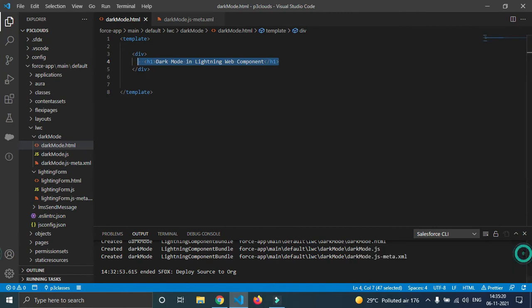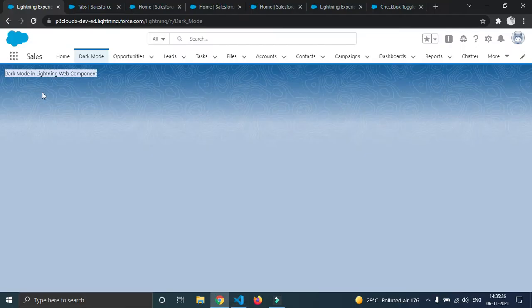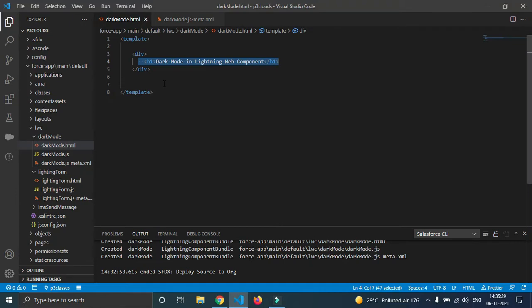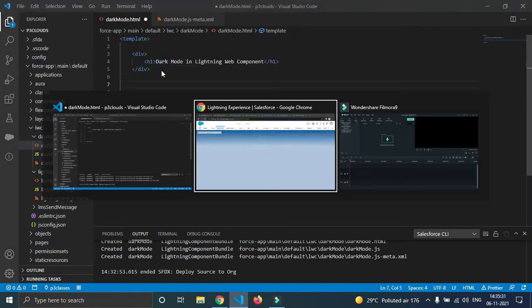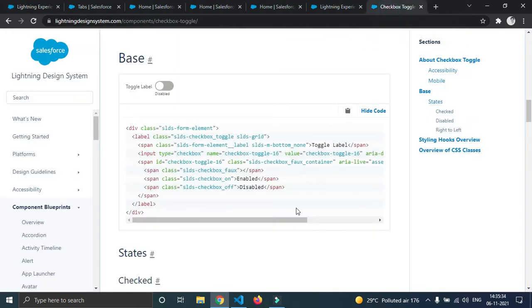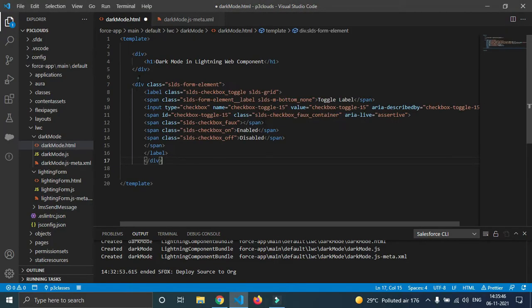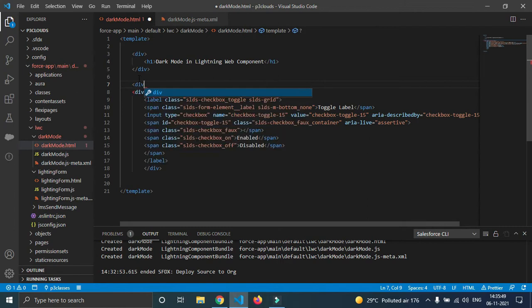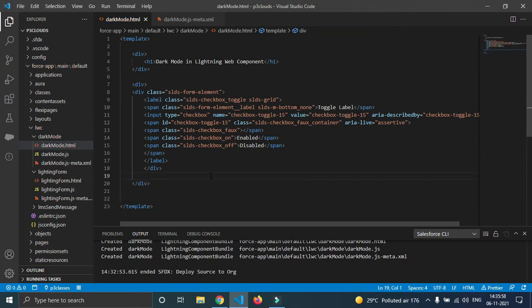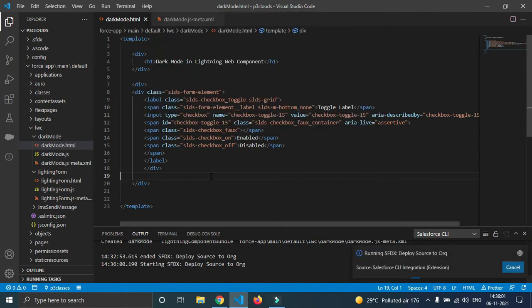Now our next thing is the checkbox. Here you see only the text. Now I'm going to create a checkbox. To get the code for the checkbox, you can just type checkbox toggle in the Lightning Design System website. I'm going to copy this code and I'll just paste it. One more thing I'm going to do is wrap it inside a div so that we can change the background color if needed, and I'll just push it to the org,